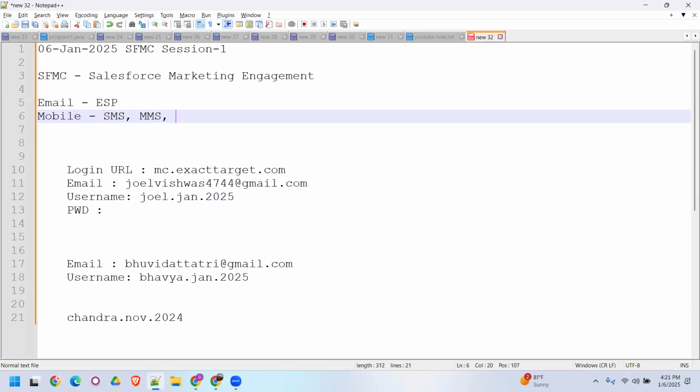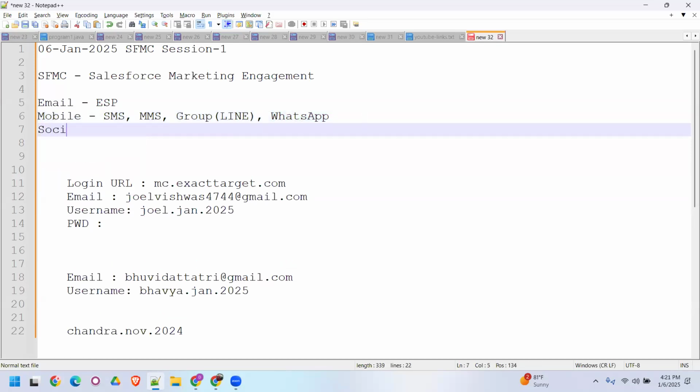MMS. Okay, you can go with a group connect with a line app. There is an app called Line. You might have heard about. You people know the apps like WhatsApp, right? There was a WeChat. Exactly same. The Line is also one of the apps. And now you can also have WhatsApp messages from Marketing Cloud, because now Meta and Salesforce, they have partnered themselves to even have WhatsApp. You can have social media marketing